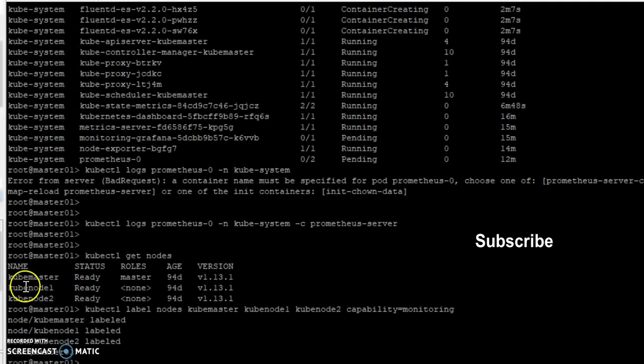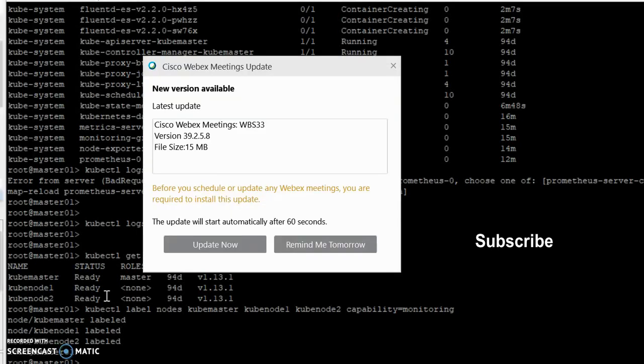Here I have two worker nodes and one master node. I'm adding a custom label to all of them. In your case, probably you will have multiple worker nodes and multiple master nodes as well. There you want to segregate, you want some pods to go into a particular worker node. To do that, what you have to do is